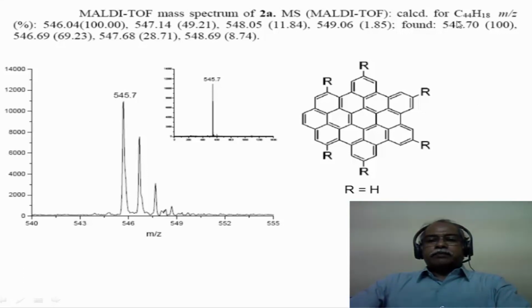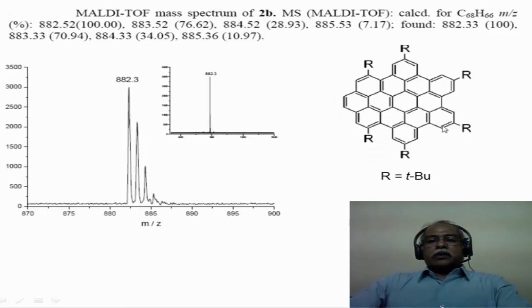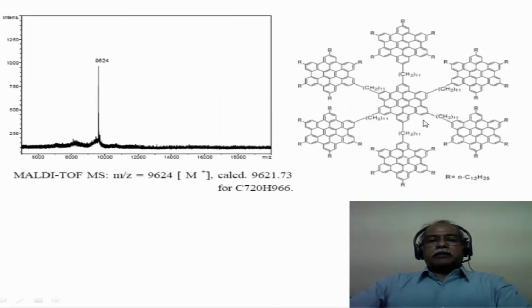This particular sample has a molecular formula of C44H18. It is not a very large molecule. Nevertheless, the molecular ion peak can be seen at 545 here, and the isotope abundance peaks can also be seen at 546, 547 and so on, as a cluster of peaks in the molecular ion region where R is equal to hydrogen. The same molecule when R is equal to tertiary butyl is shown here. The isotope abundance peaks are shown for the molecular ion region. So essentially the cluster of peaks that you see in the molecular ion region corresponds to the M+, M+1, M+2 and so on. And this is a unit resolution mass spectrum of the same compound.